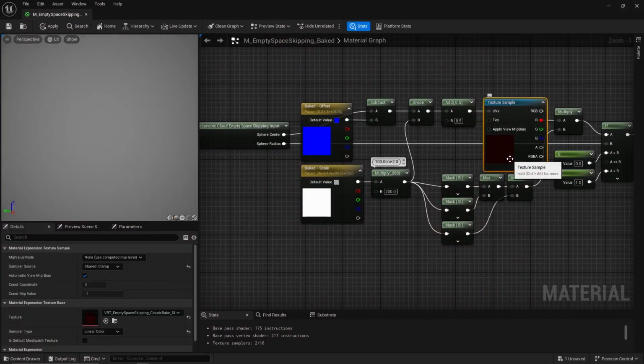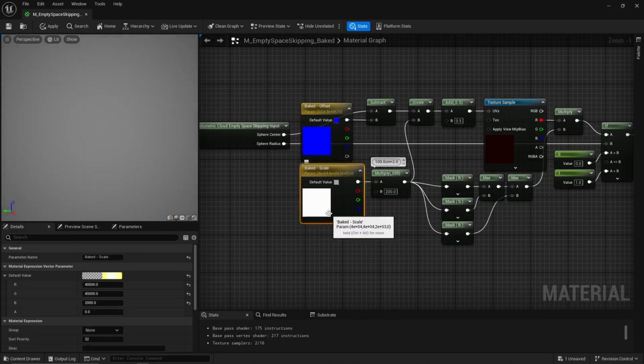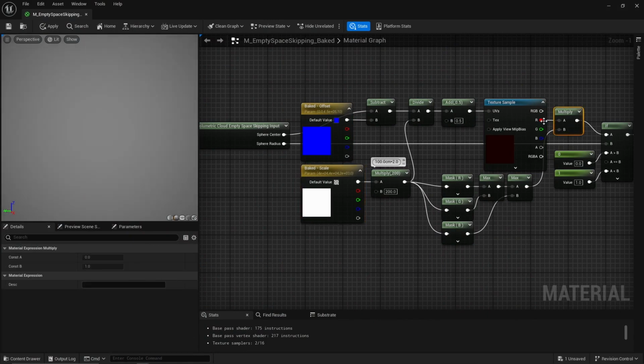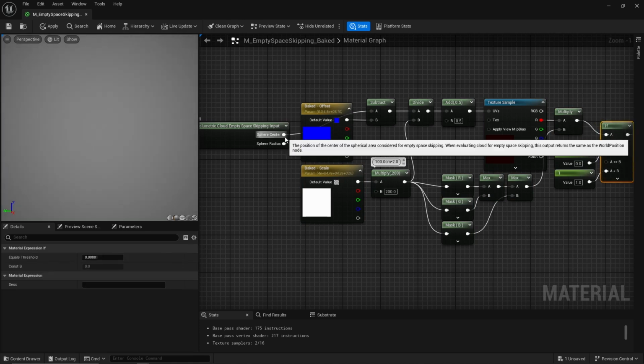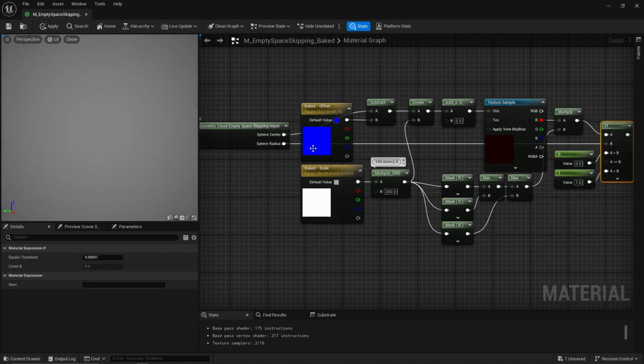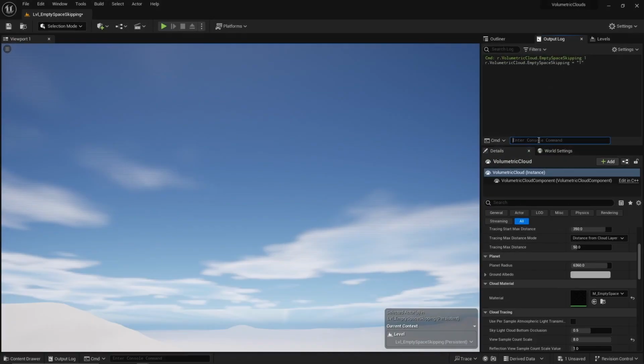Finally, I sampled the resulting 3D distance field at the desired position and with the desired size, and scaled the normalized distance according to the mapping size. And if the distance to the nearest surface, sampled at this position, is smaller than this radius, there's matter. And that's it. With that data, the empty space skipping feature can do its thing to compute a better start